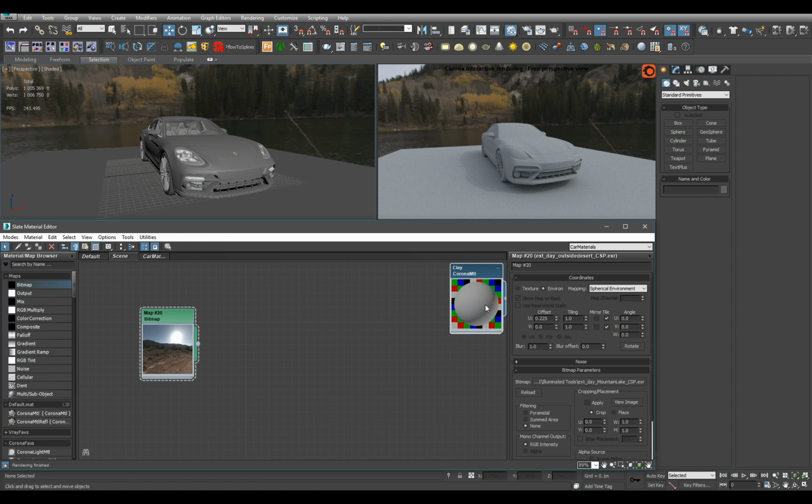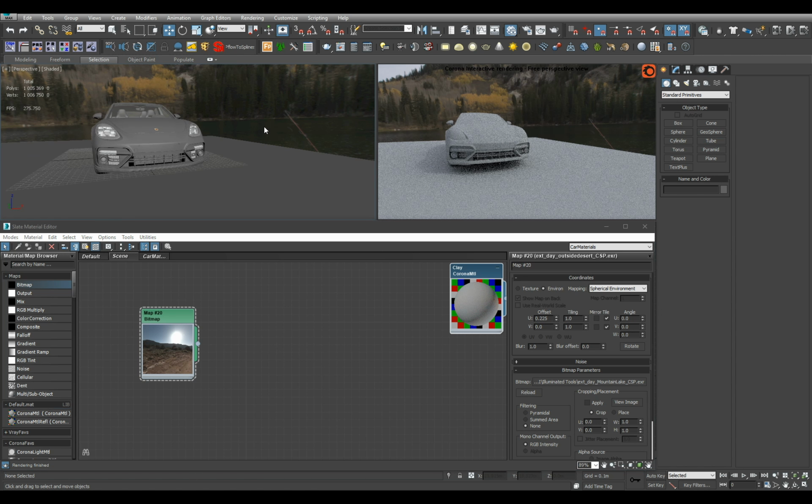We should try to always match the brightness of the gray color in our material editor to the brightness of the gray color in the render, so that we do not have any nasty surprises later on, that we, for example, worked in different exposure and made our materials accidentally too dark or too bright. So